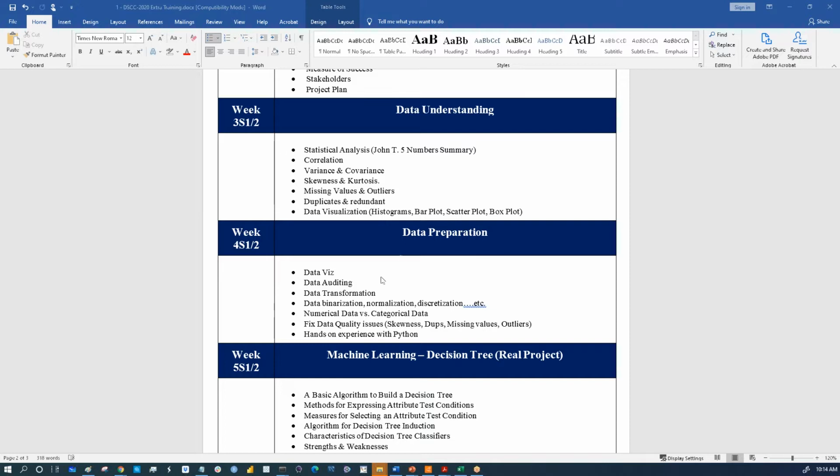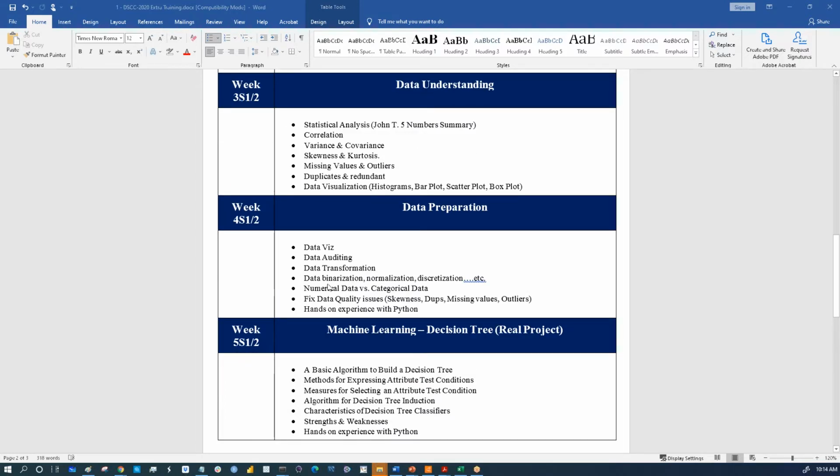So in data preparation, we learned how to do a couple of things, how to binarize. We talked about binarization, normalization, discretization. And yesterday we talked about a couple of transformation methods, especially to transform skewed data to nearly unskewed data. Then we talked about the missing values, outliers, and today we are going to talk about another topic, which is